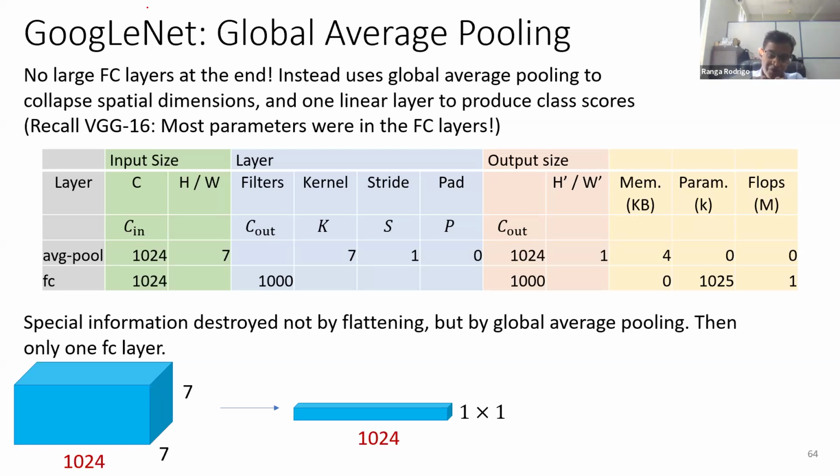So VGGNet, of course, had most parameters in the fully connected layers. And now that is removed. So think about this now. They have 1024